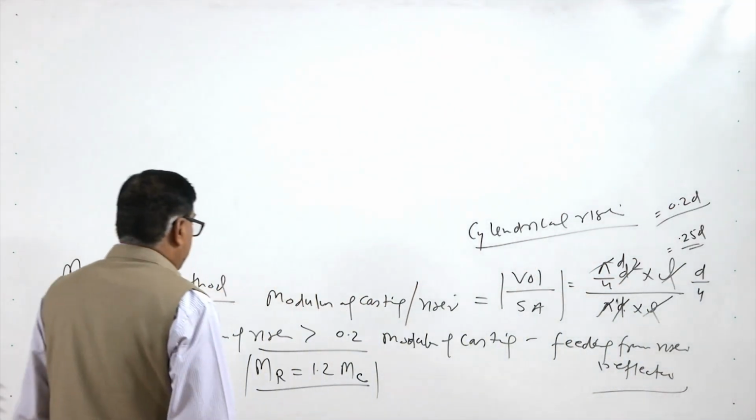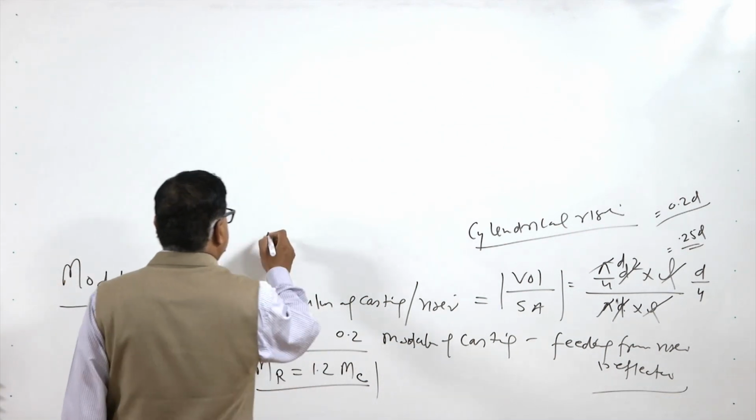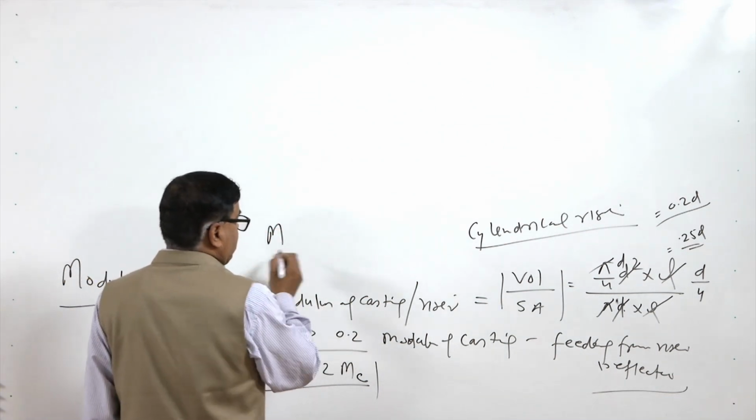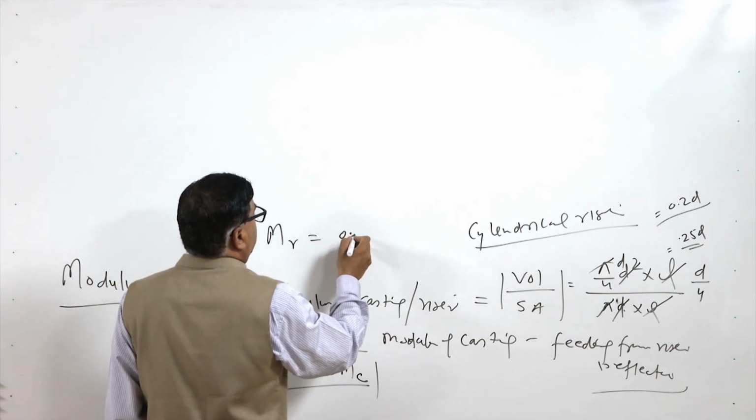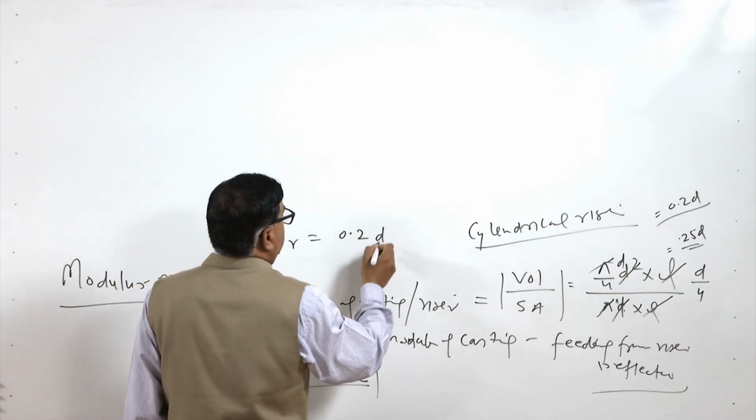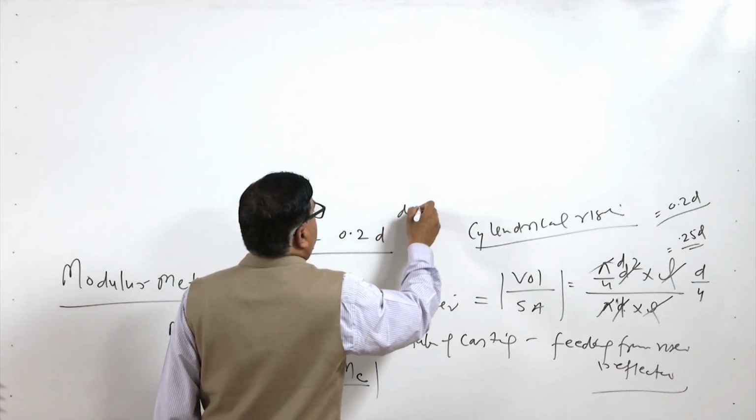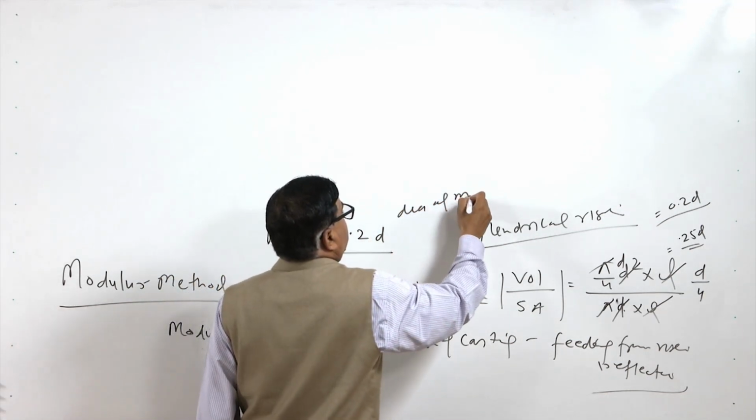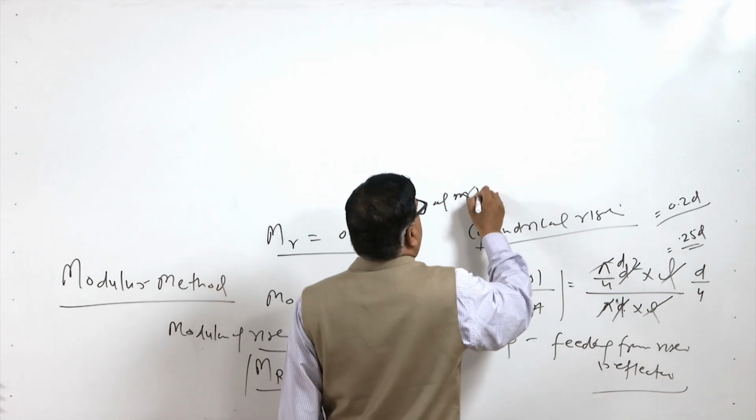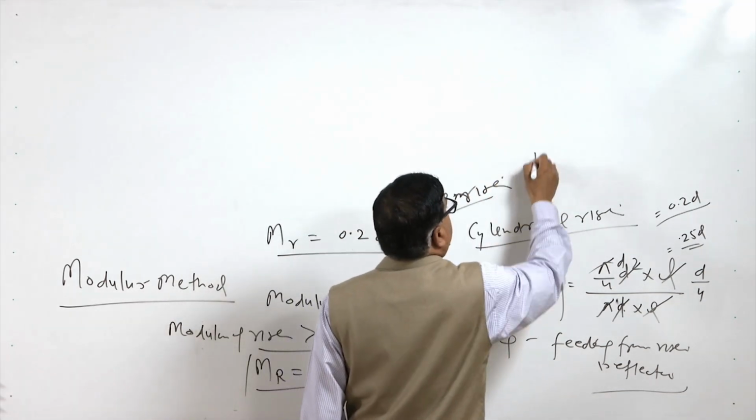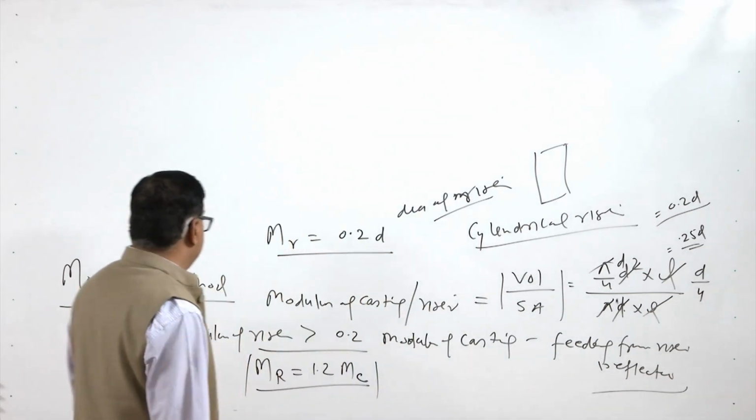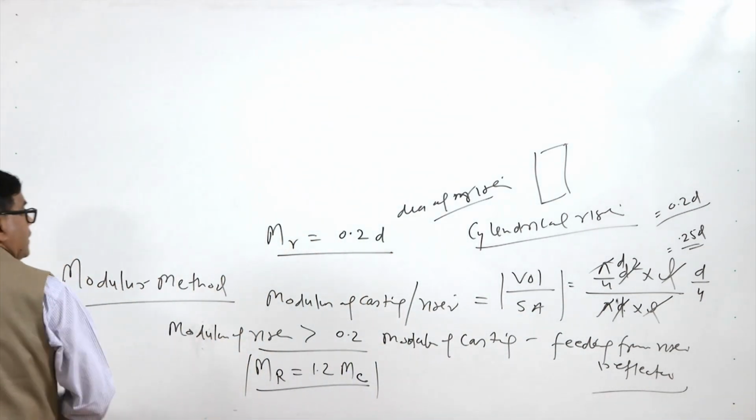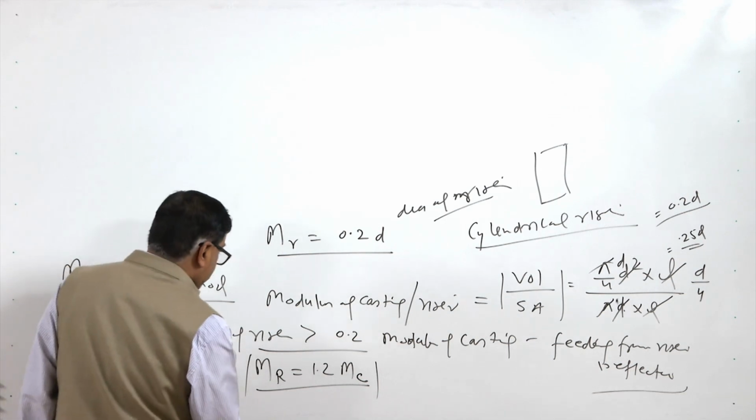So, if you have to determine the modulus, the modulus of the riser is 0.2 times d, where d is the diameter of the riser if it is a cylindrical riser. So, d is the diameter of the riser. So, considering this equation,